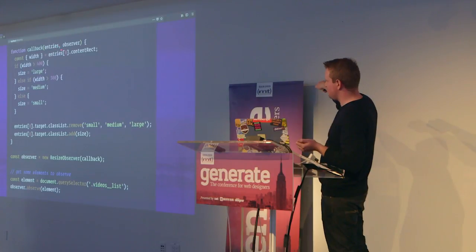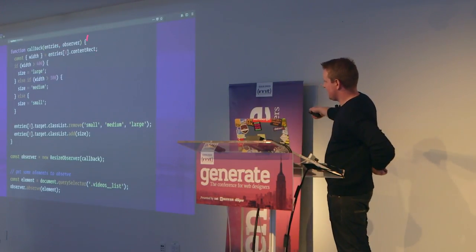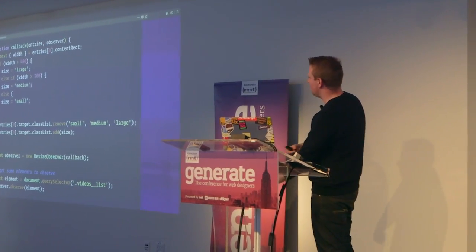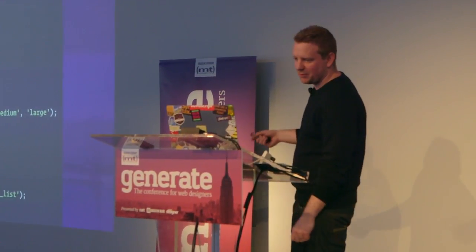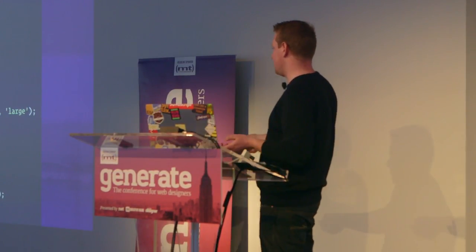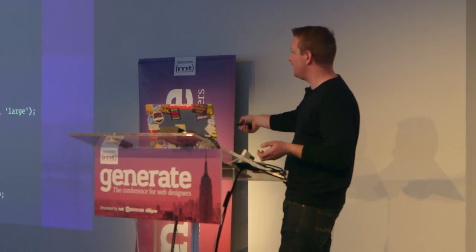You take all of the entries that come in. In this case, I'm just taking the first entry because I'm only watching one element. And you say if the width is greater than 400, it's large. If it's greater than 300, it's medium, and otherwise it's considered small. You remove all these classes, you add the specific one that you wanted, and then at that point,